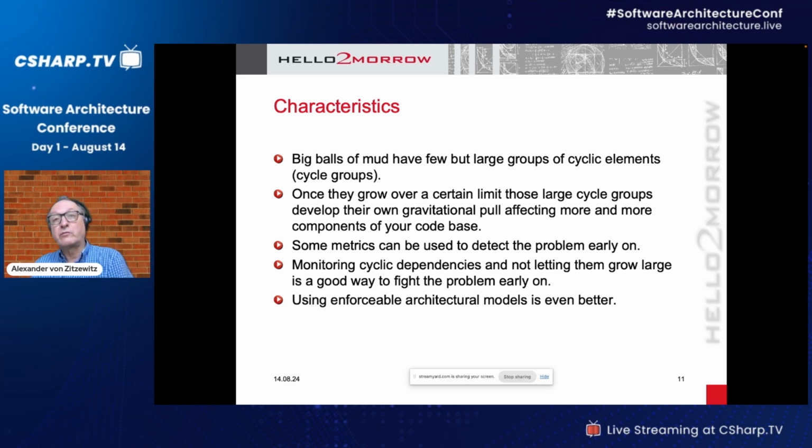Why is an architectural model better? Because in an architectural model, you actually talk about the structure of your code base. And I'm a big fan of domain-driven design. Basically, you cut your system by functionality first, and then you have those different domains. They should have a cycle-free dependency structure between them. And then inside the domains, you can have layering, like a UI layer, a controller layer, a service layer, persistence